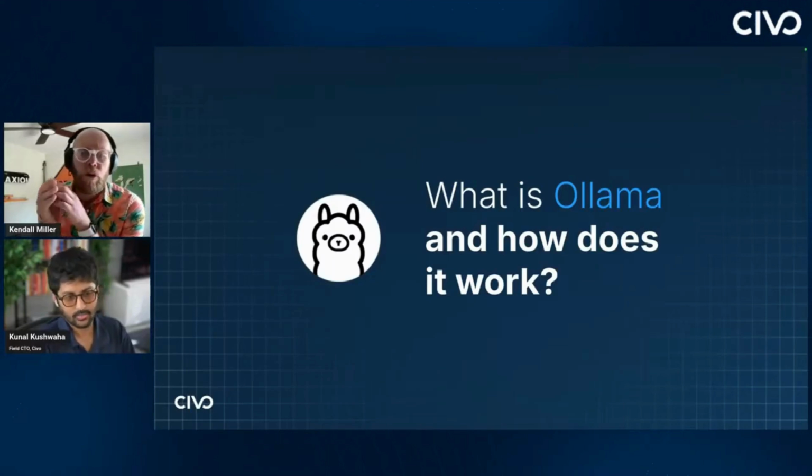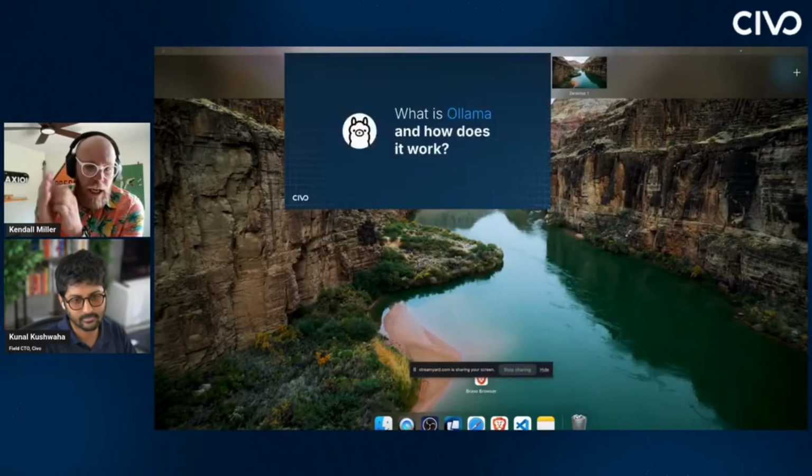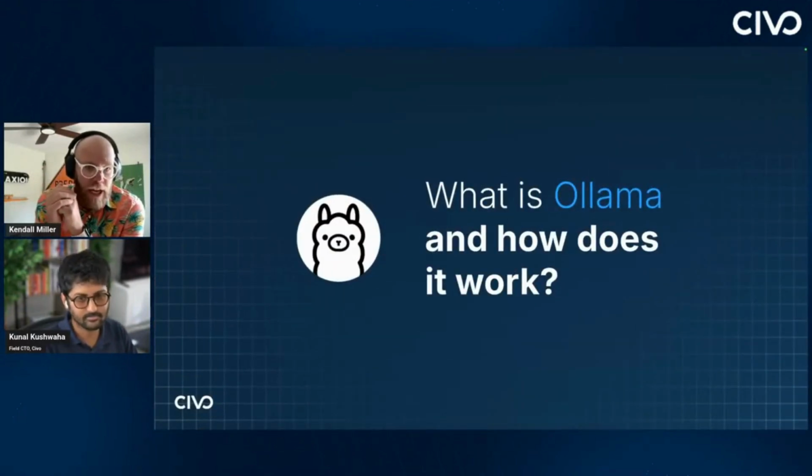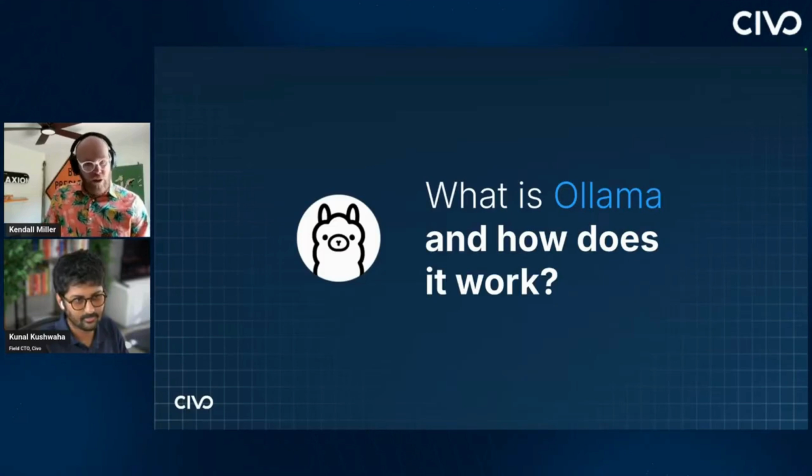Now, let's say you don't want to, yeah, go ahead. So wait, Kunal, before you move on, I want to clarify a couple things. What you just did was you've created a GitHub repository that already has the Terraform needed to go stand up your own Ollama on Civo, and it'll do the whole thing for you with basically one command because you've built that in there already. So if you want to go kick the tires with your own LLM, Kunal has made that a one-line command in Civo, and that'll be up and running with an API that you can hit yourself,